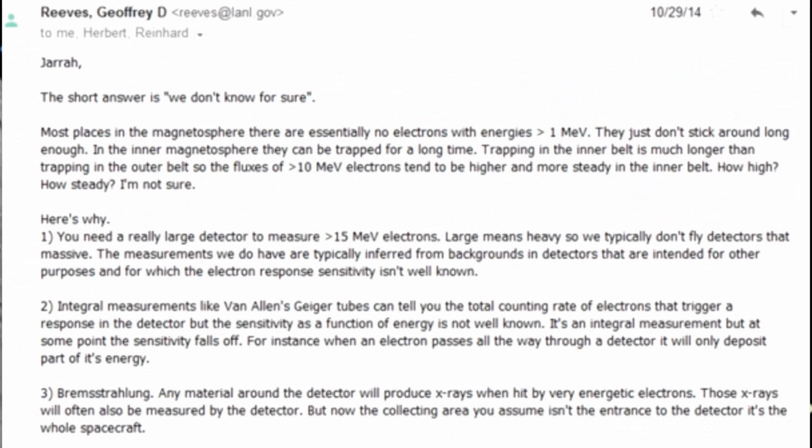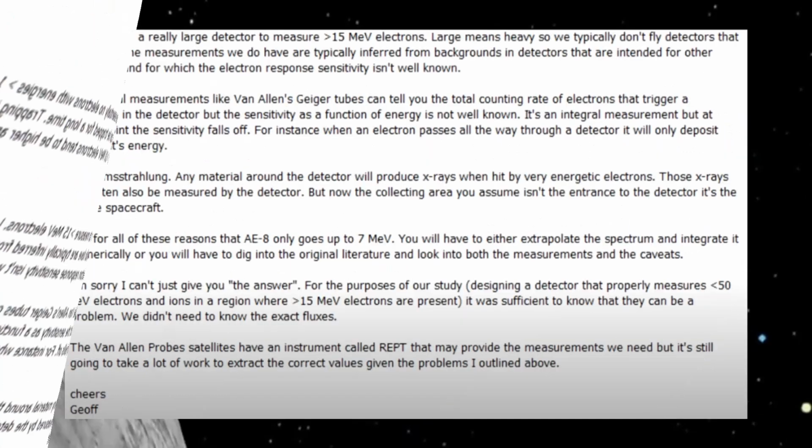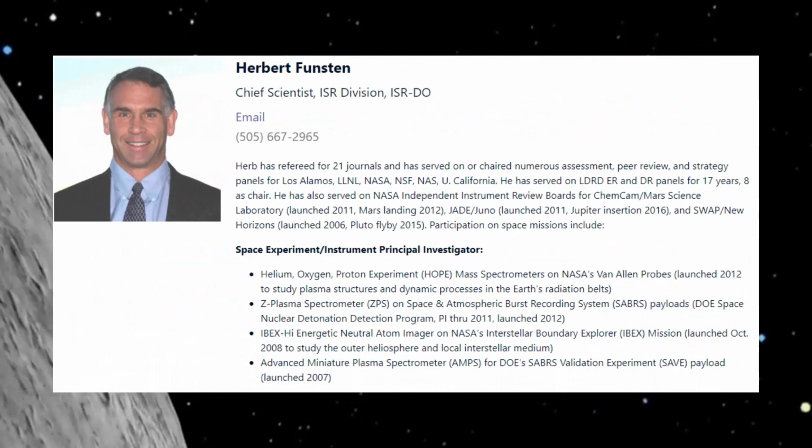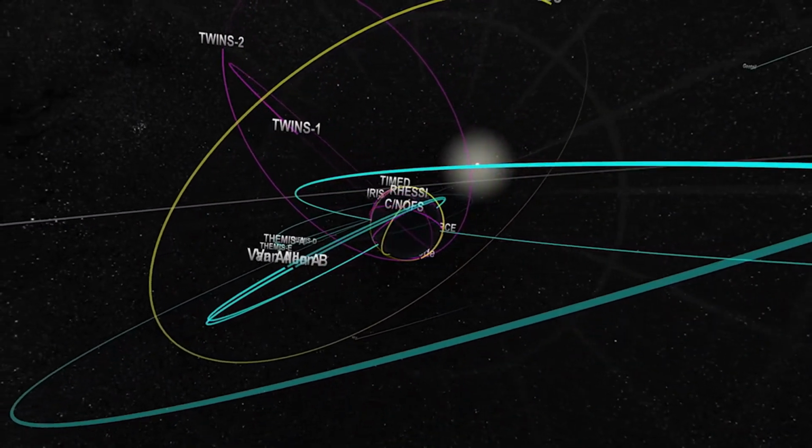24 minutes into the video, he specifically counters Browning's claims that White's previous YouTube video had used erroneous data to prove that the outer Van Allen belt would have been dangerous for any manned mission. While Gerard White was researching for a university assignment, he came upon a credible source. In an article by Herbert O. Funston and his team from the Los Alamos National Laboratory, published on March the 8th, 2013, Funston talks about penetrating